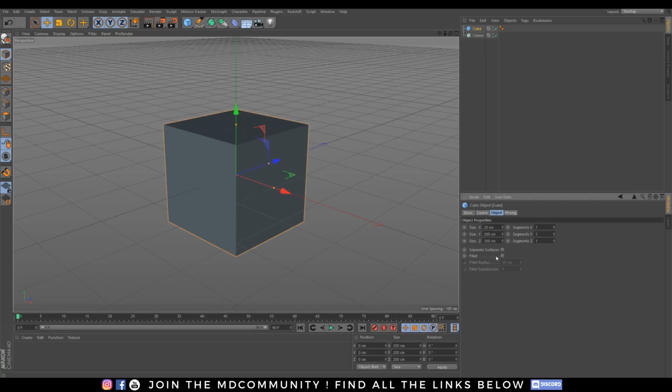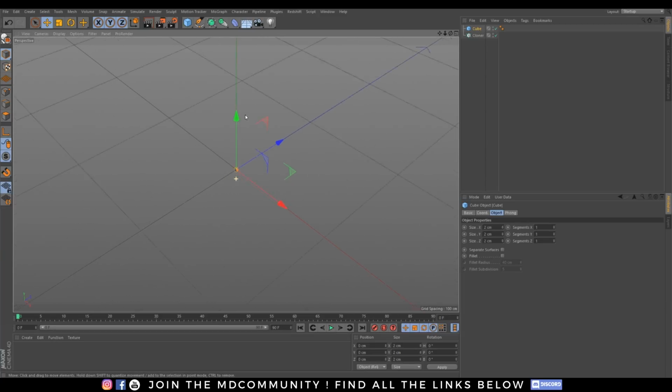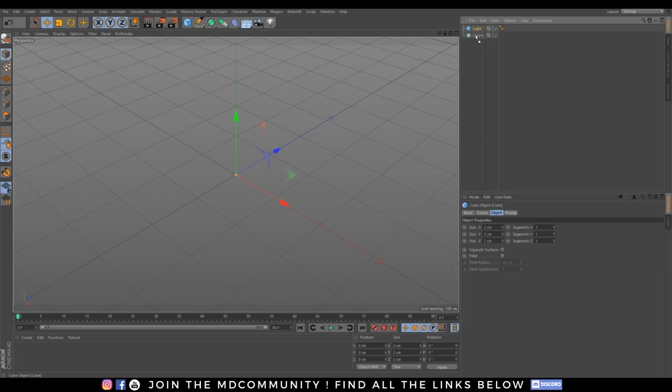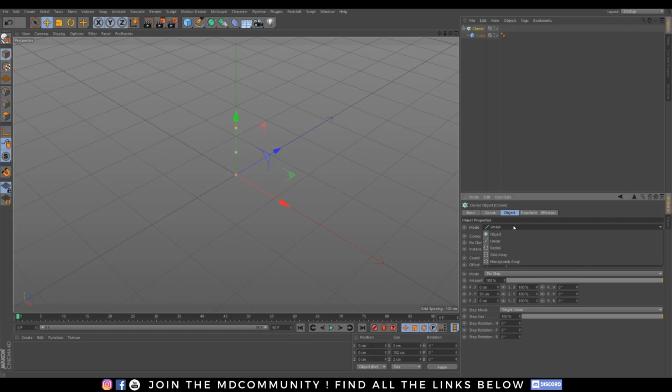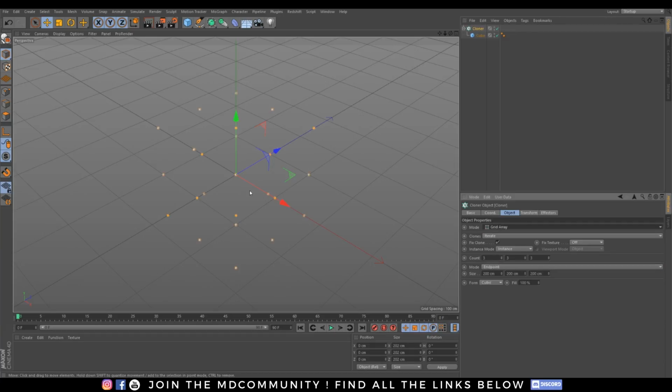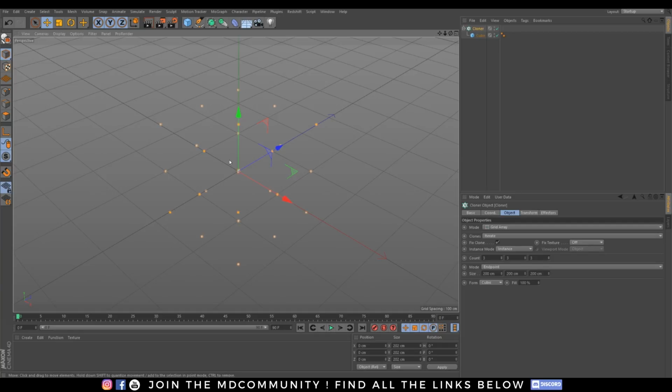Let's take the cube and let's set a really little dot like this, really tiny. And let's put our cube inside our cloner. Let's change the mode of the cloner into grid array. Note that everything you will learn today can be applied with another object, not just that cube, and another pattern. I just want to show you how it works and then you can apply it on your own side.